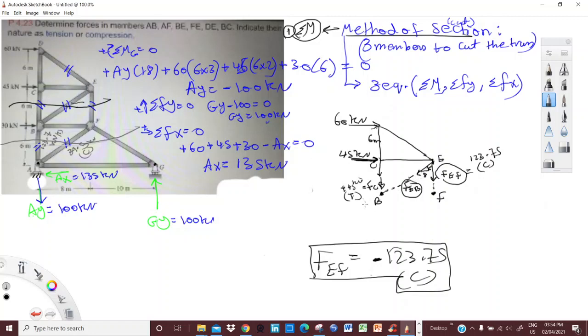If I do the hypotenuse, 6 square plus 8 square, it's going to give me 10. Okay, so let's do the summation of Fy, upward force being positive,